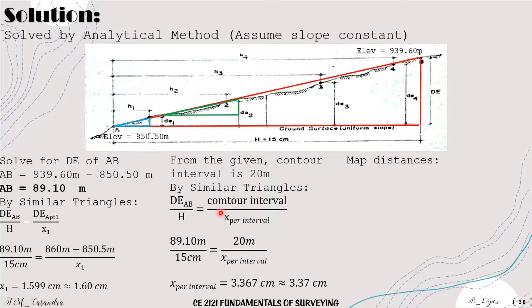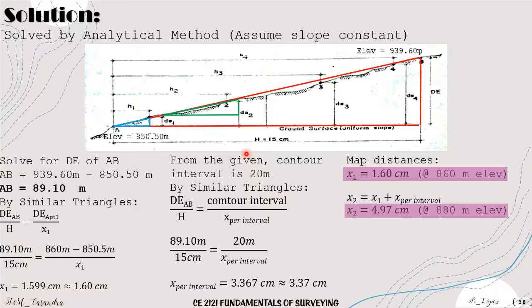So for our map distances, we'll have now x1, or h1, is equal to 1.60 centimeters, which is the distance from point A to 860 meter elevation. So next we have h2, which will be equivalent to x1 plus the 20 interval map distance. So this will give us 4.97 centimeters, or this is our map distance from point A to